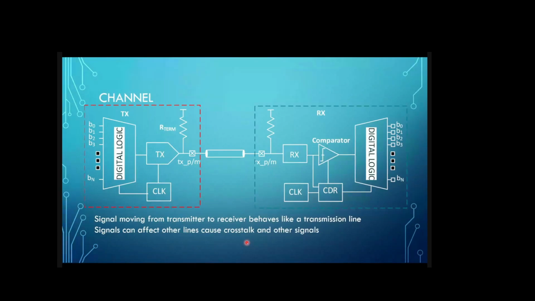The second one is the channel. As I said, there are many different channels, but the channel is the path the signal takes as it moves from the transmitter to the receiver. I put in a figure, I don't know why it didn't show up, but it goes through a medium. In this case, the PCB, and it works like a transmission line. I don't know whether you know about transmission lines or not, but that's what I'm trying to give words to here.